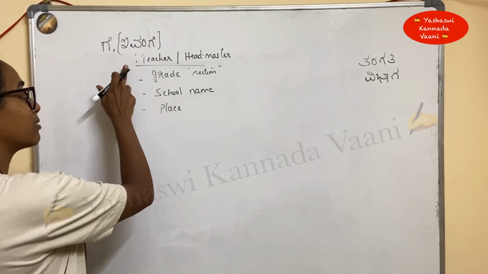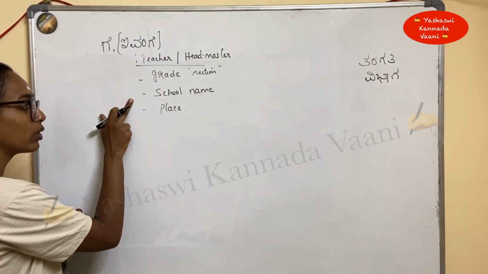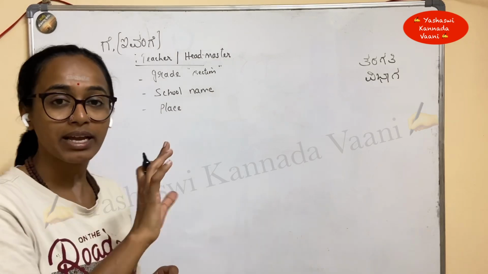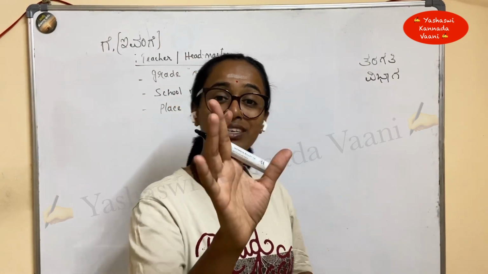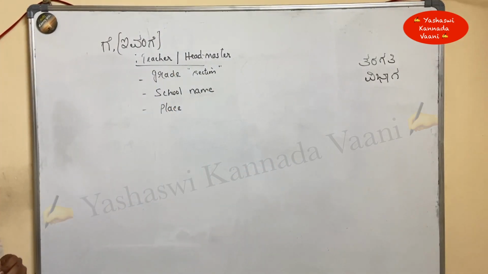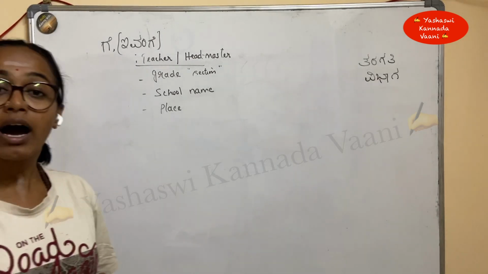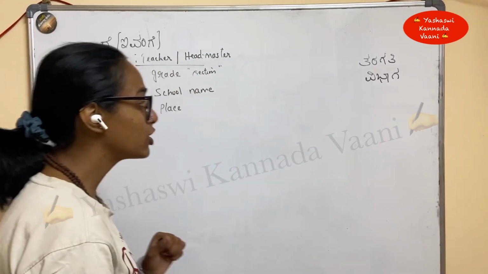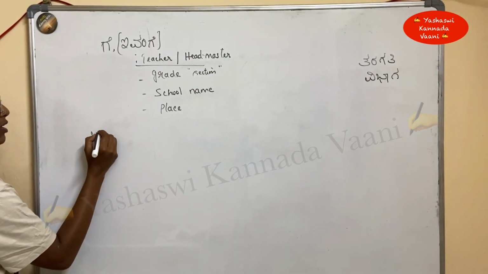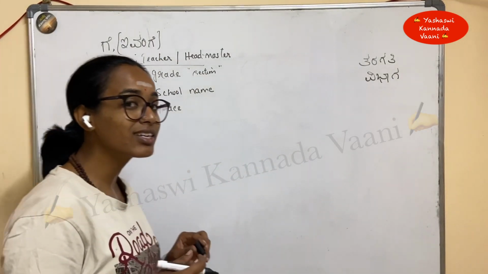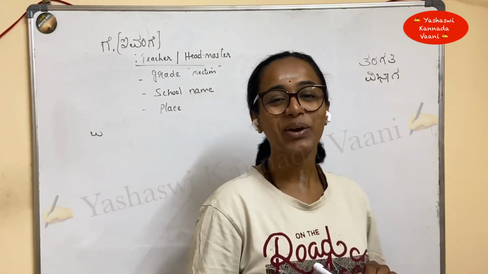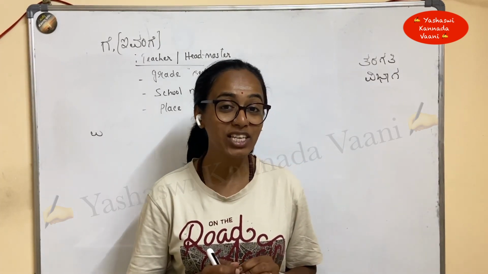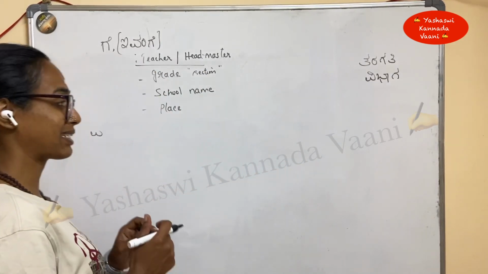ಓಕೆನಾ, ಫಸ್ಟ್ ಹೆಡ್ ಮಾಸ್ಟರ್, ದೆನ್ ದ ಗ್ರೇಡ್, ದೆನ್ ಸ್ಕೂಲ್ ನೇಮ್, ಆಮೇಲೆ ಪ್ಲೇಸ್. ಇದು ಕ್ಲಿಯರ್ ಆಯ್ತಾ. ದ ಫಸ್ಟ್ ಈಸ್ ಆಲ್ವೇಸ್ ಅ ಟು, ಇವರಿಗೆ or the ಗೆ. ಗೆ is a short form, ಇವರಿಗೆ is a complete form. ಆಮೇಲೆ I have to ಏನಂತಾರೆ, address the teacher. So you won't write my dear teacher, correct? We will always write respected teacher, respected ma'am, respected sir,